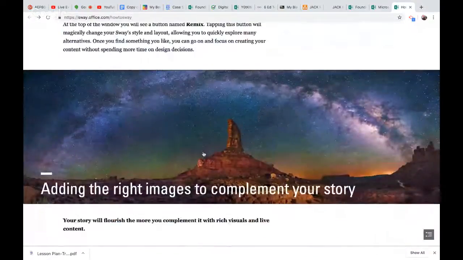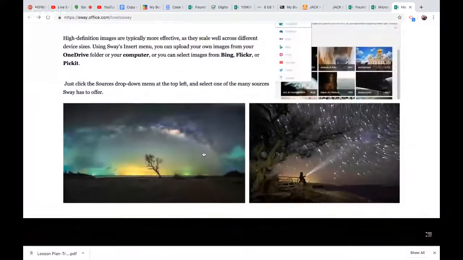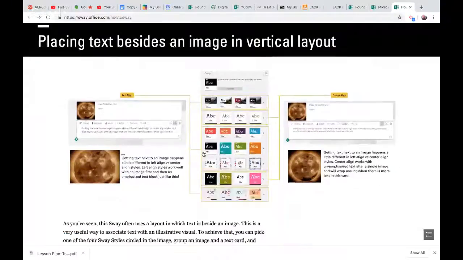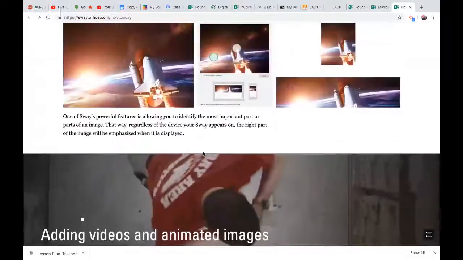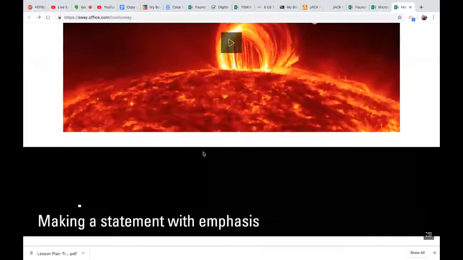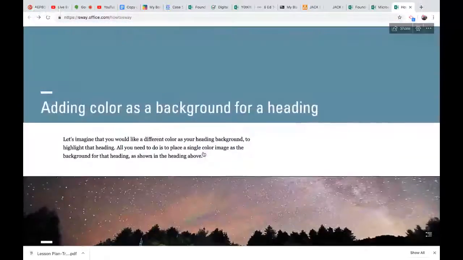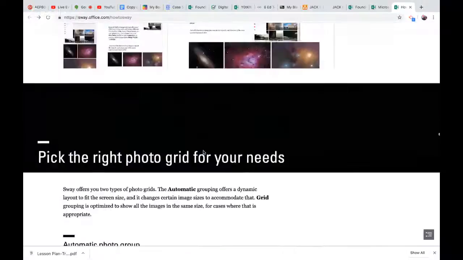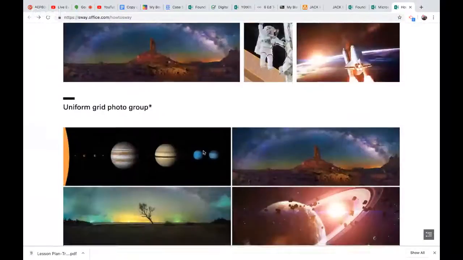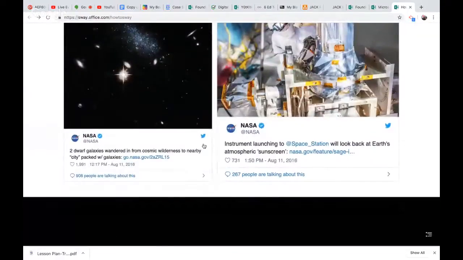So it's pretty cool. I don't know if I would say that it's a better website builder than, say, Google Sites. Google Sites is fantastic, but